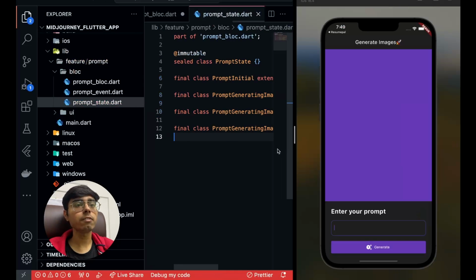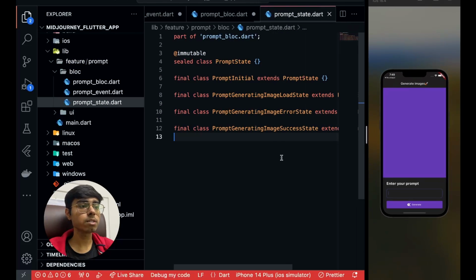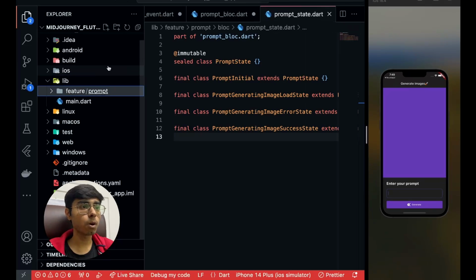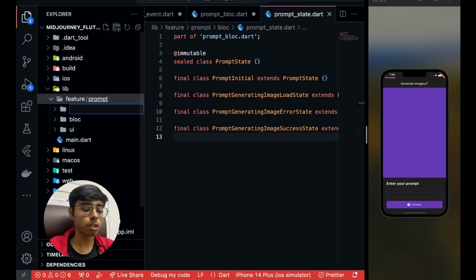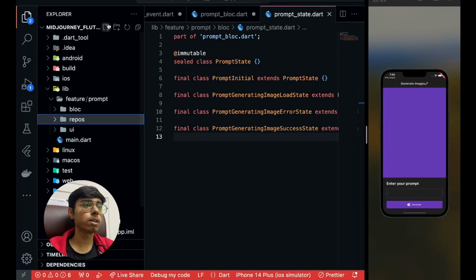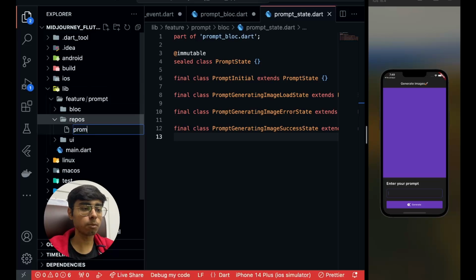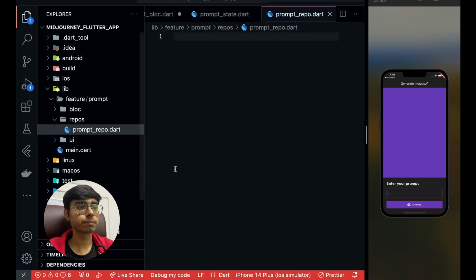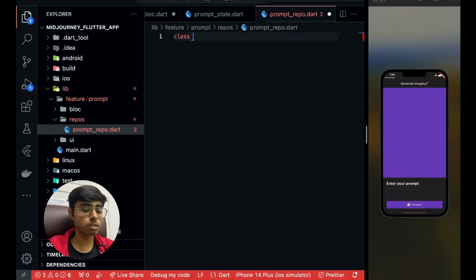Perfect. So we have defined the states. Now what I'll do is define the repository function. Here in the feature prompt, I'm going to create one folder called repos, and this is going to have my prompt repository class, PromptRepository. This is going to be a network function which is going to go and make the API